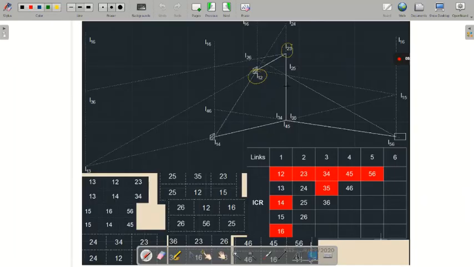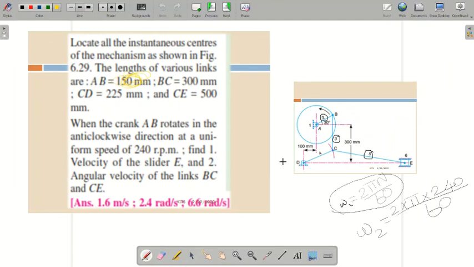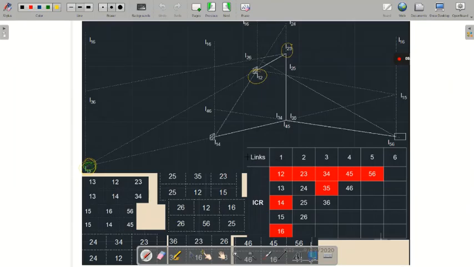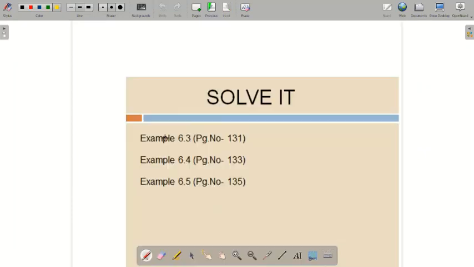Where is 1,3? So 1,3 is here. This is 1,3, can you see it? I'll use another color. So this is 1,3, I hope all of you can see it. And what is the other point? 2,3. Where is 2,3? 2,3 is here. So this is the distance between 1,3 and 2,3.